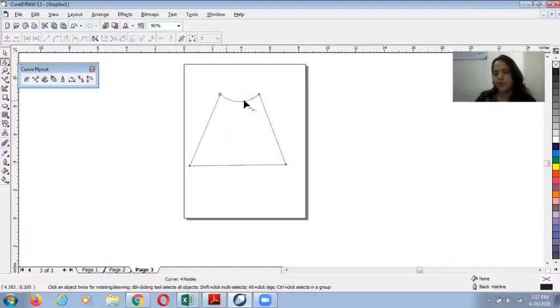But this will make only one line curve. If I want to give curve to other, I won't be able to do it. If I want to give curve to every line, each and every line all together, I'll select all nodes and then convert line to curve. Now I'll be able to give curve to all the lines simultaneously. Whenever I click on the node, you can see the arrows here. You can give upward, inward curve, whatever you feel like.